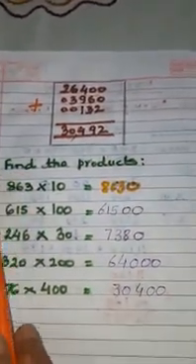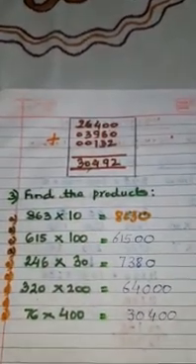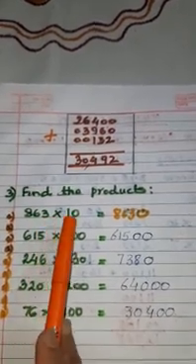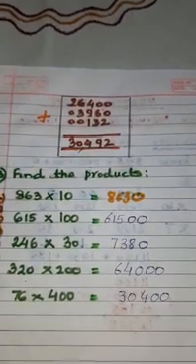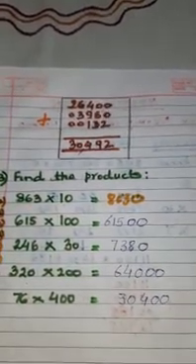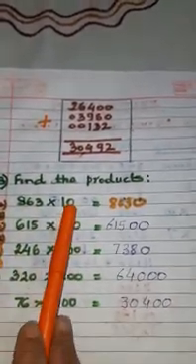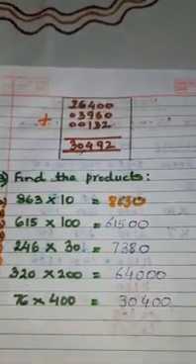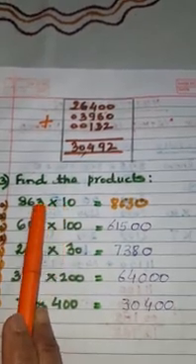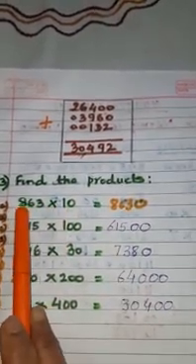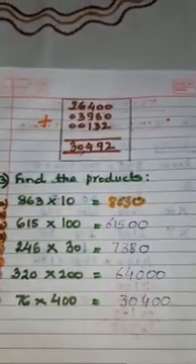Now we are going to do more sums where we have numbers with zeros. Here we have the first question, 863 into 10. Like in the previous questions you have seen what we have done. But we are going to check the number of zeros in the question first. So can you see the number of zeros here? Here I have only one zero that I have written here. Now we are going to multiply 863 by 1. 1 3 is 3. 1 6 is 6. 1 8 is 8. So this is the way we are going to write the answer.